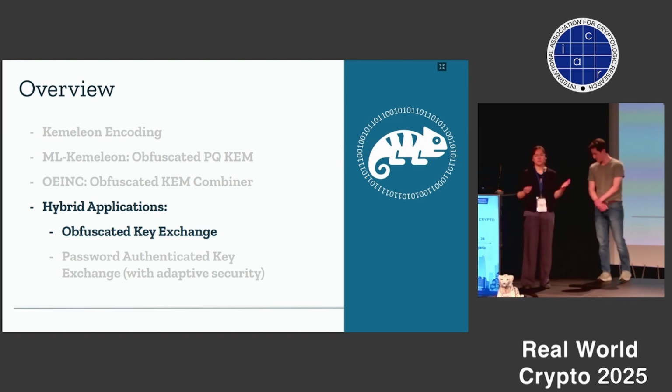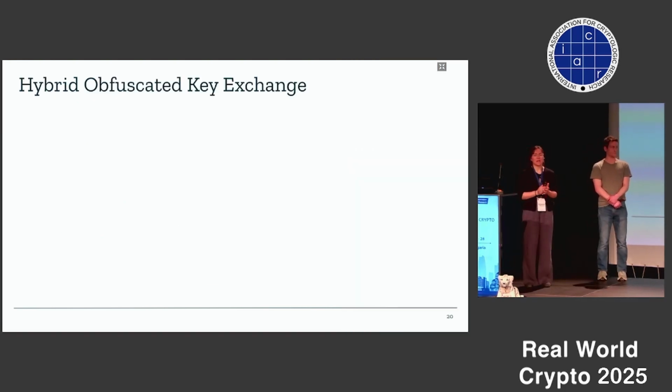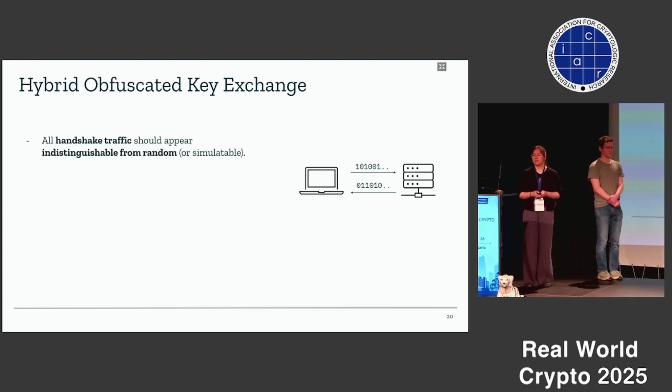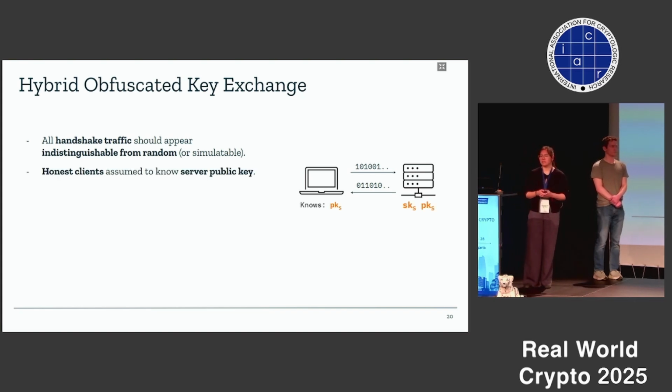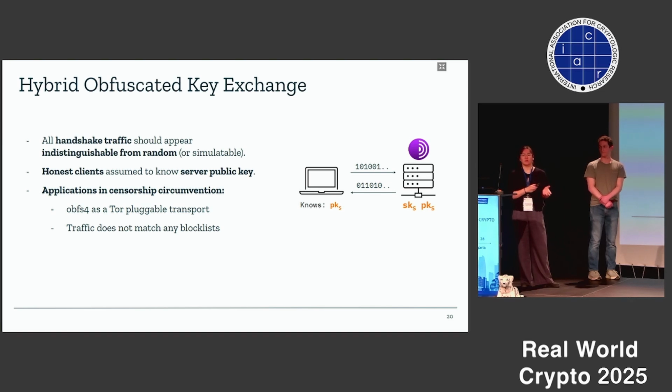Okay, so we can build a few applications from this chem combiner. In particular, first we looked at hybrid obfuscated key exchange. So the idea here is that we want all handshake traffic to appear indistinguishable from random. And typically we assume that honest clients know the server's public key and the adversary does not. And so this threat model has applications in censorship circumvention. So in particular, it maps to the threat model of OBS4, which is used as a Tor pluggable transport. And here the idea is that the transcript should appear indistinguishable from random so that it doesn't match any censor